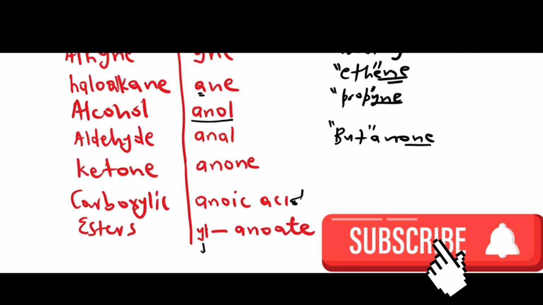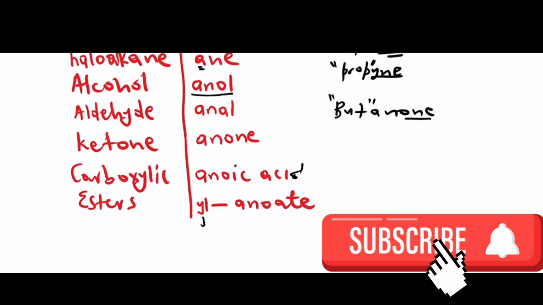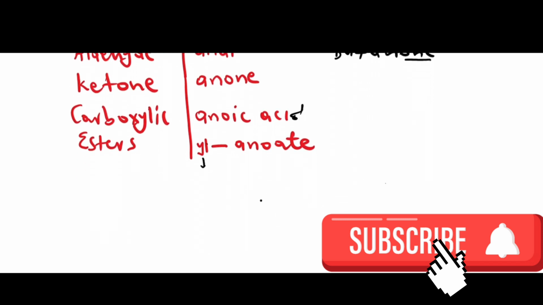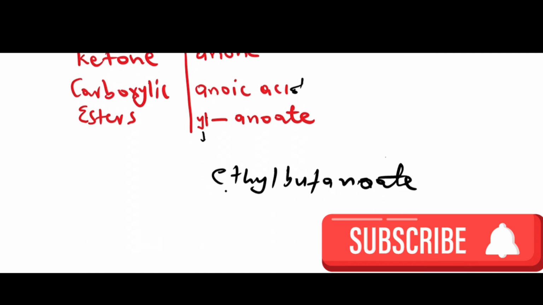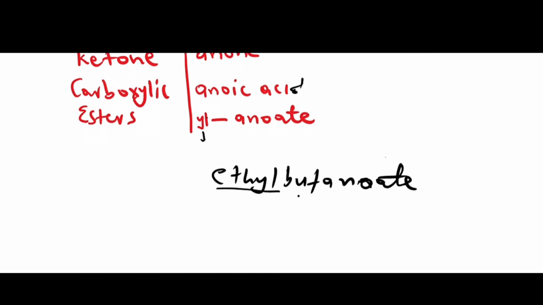Right? Let me make an example for the ester. For example, we have ethyl butanoate. Okay, so this one is an ester. It has two parts, with the first part from alcohol and the second part from the carboxylic acid. Okay,